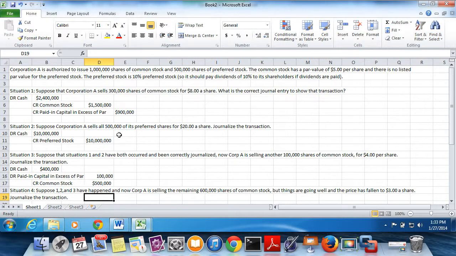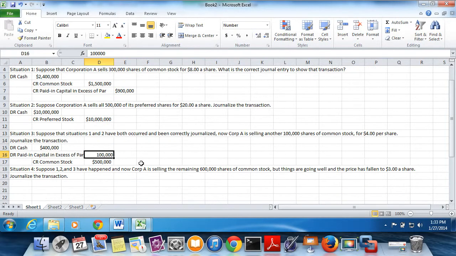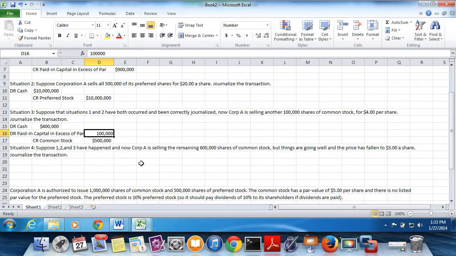Now, instead of having a $900,000 balance here, if we wanted to see the balance, we'd have to net these two together. We would say $900,000 credit, $100,000 debit, and the balance in that account would be 800,000, which we're going to look at in a second. Okay, so now